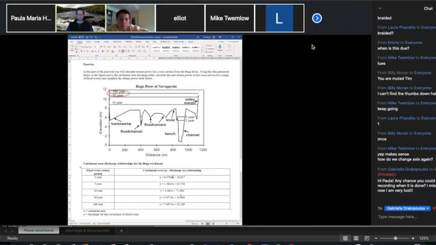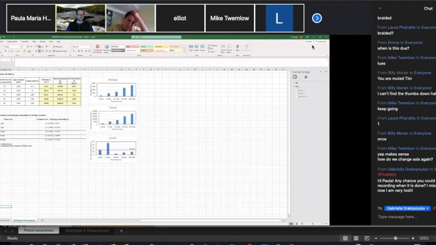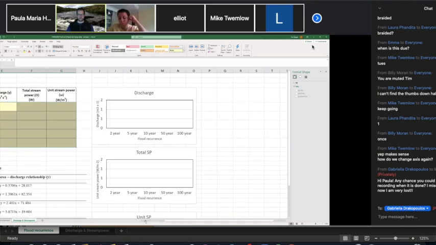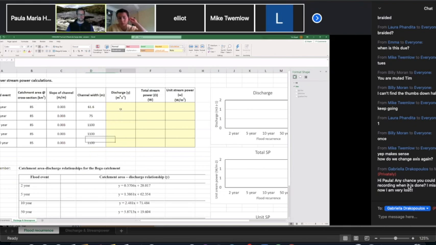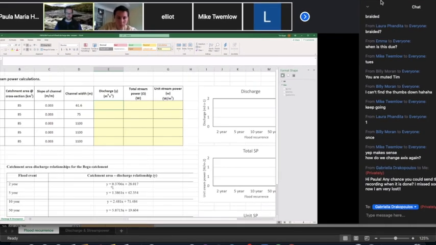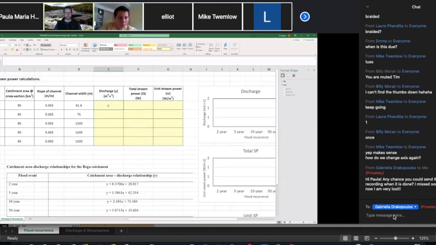It's quite straightforward. Let me go to the spreadsheet and I'll go to the discharge and stream power. So on the second tab, I'll just delete the answers. Sorry about that, guys. On the second tab, you've got discharge and stream power. So what we're trying to do here for this catchment area discharge relationship, and I've copied and pasted them here for you. For this first one, we want to say this equals